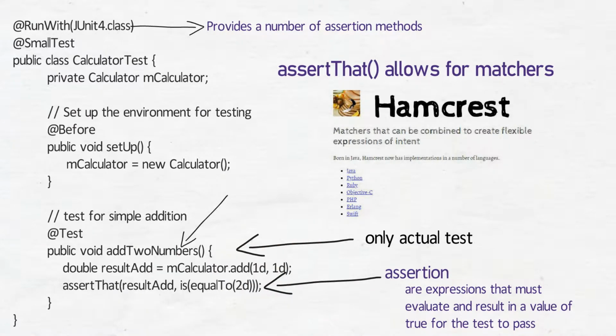Note that the add2Numbers method in this example includes only one assertion. The general rule for unit tests is to provide a separate test method for every individual assertion. Grouping more than one assertion into a single method can make your tests harder to debug if only one assertion fails and obscures the tests that do succeed.